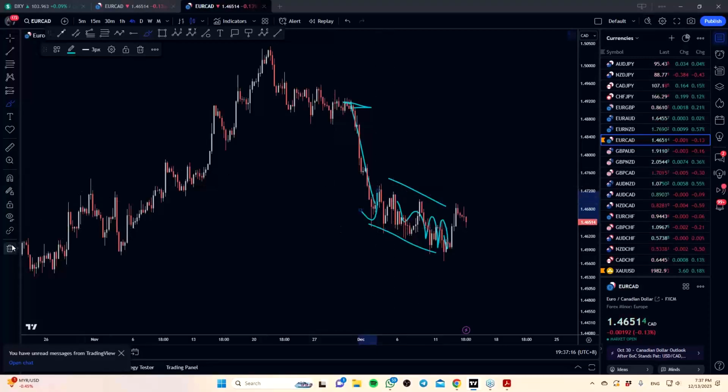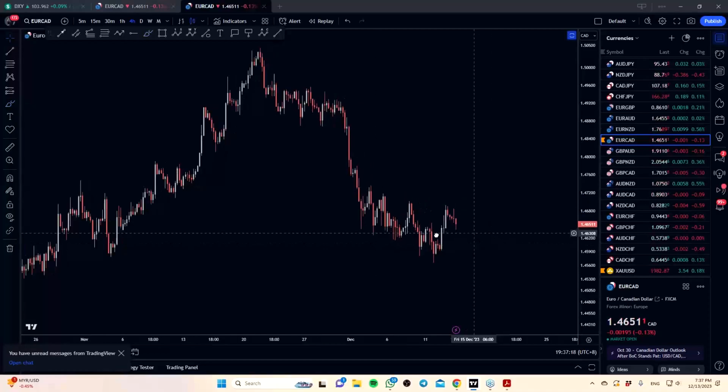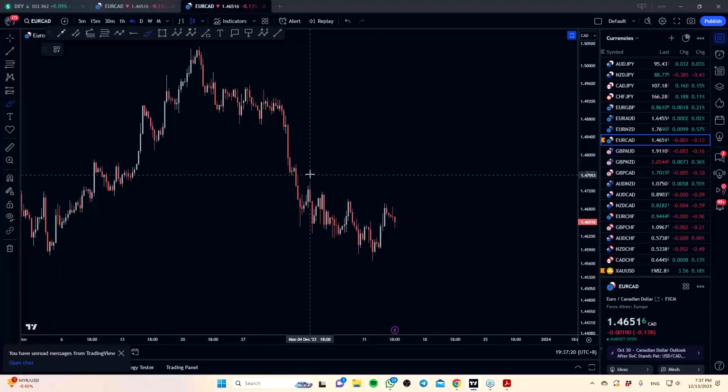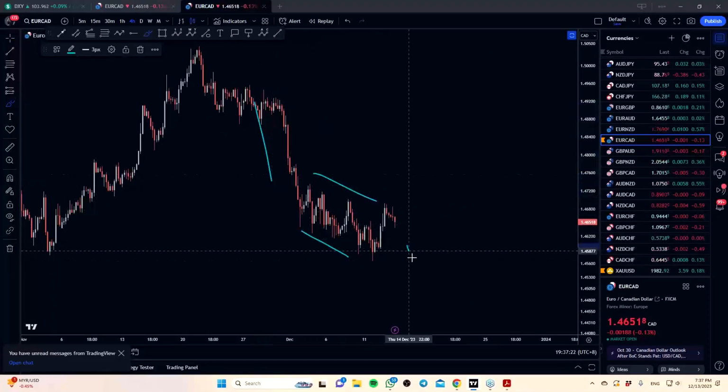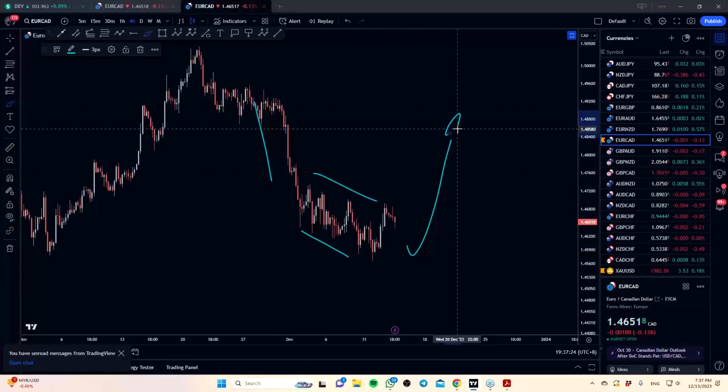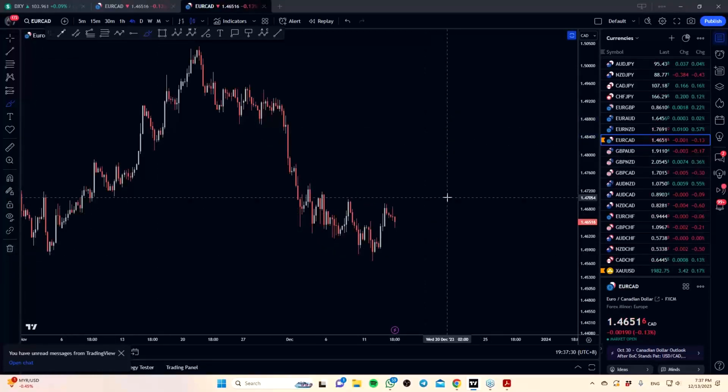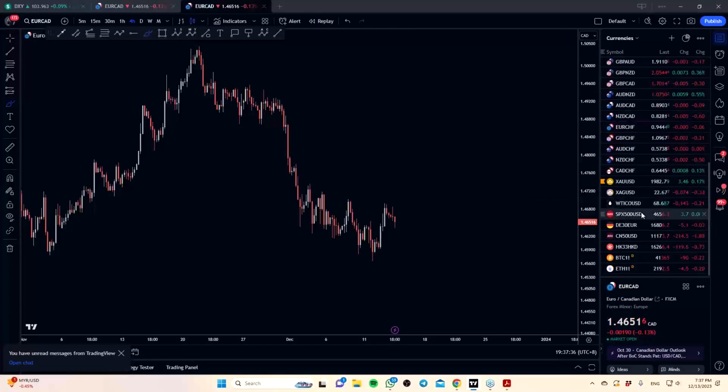Okay, so these are two patterns that you want to add into your library, right? So what does the Euro-Canadian pattern tell us? There's a good chance that this would reverse. So I'm not interested in the sell. I'm actually more interested in the buy, right? Because that's the direction that I'm looking at, right? That's the direction that the chart pattern is telling me. Okay, can follow so far, right?